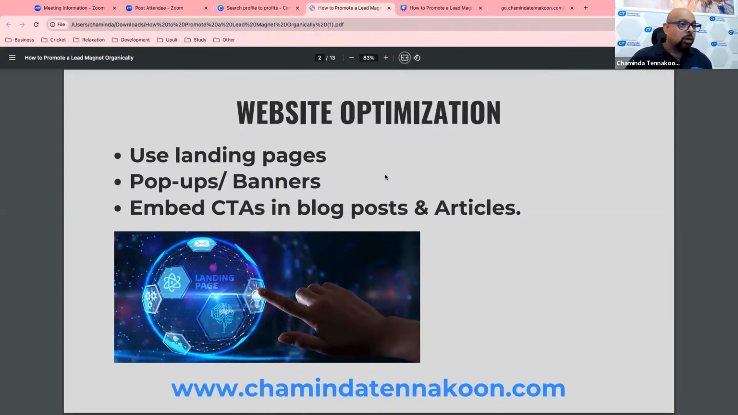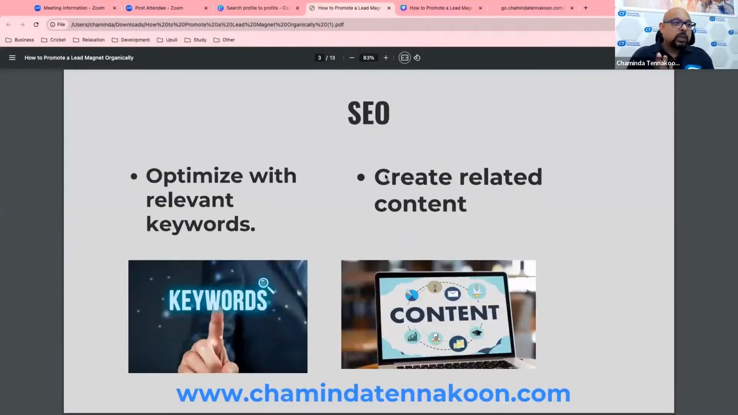So let's move on. SEO, search engine optimization. So optimize with relevant keywords. This is also important because when they have a problem, say for example, how do you lose weight, or how do you lose 10 kilograms within a month? Things like that. This is what a potential client would search for on Google. So when you know, okay, these are the keywords, you need to use those keywords